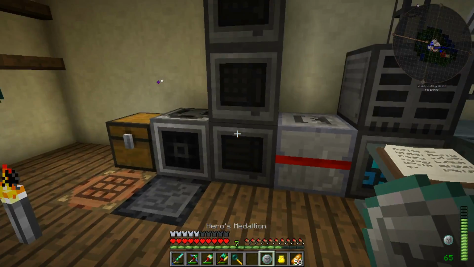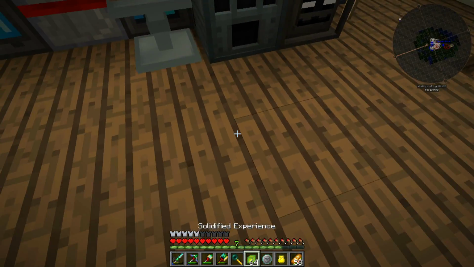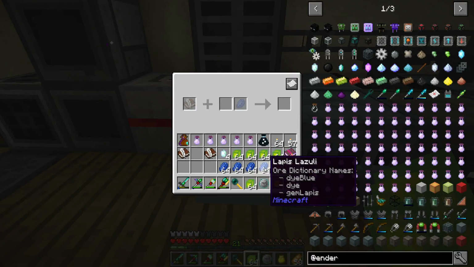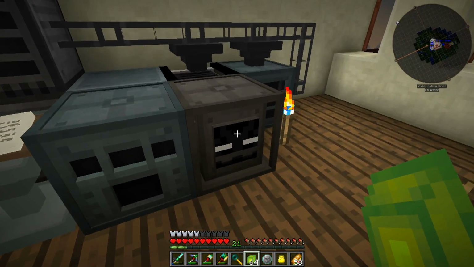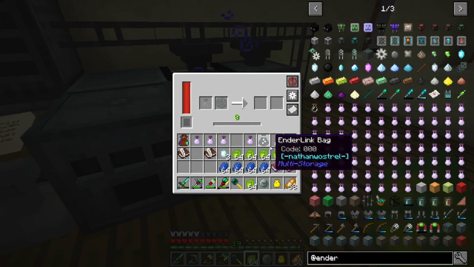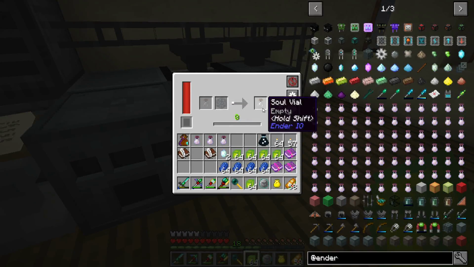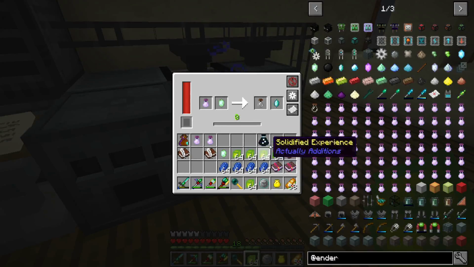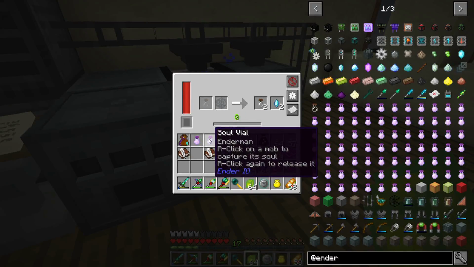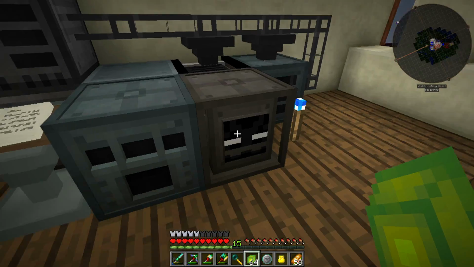Now, well, here, we'll just go ahead and take some solidified experience so that this goes a little quicker. So now we need... Well, first we need the soul binder. We need these, and we need this. And we're going to use player XP. Took 6 levels. And we're going to go ahead and just do this a few more times. Thanks to the Torturino, this is really nice and quick. So there's our 4